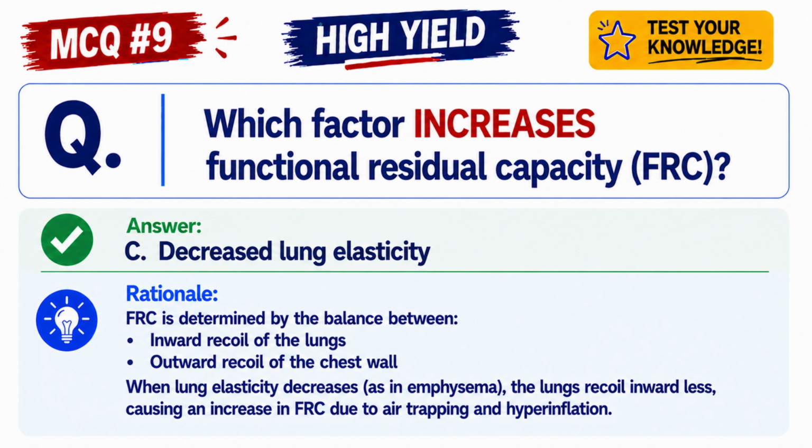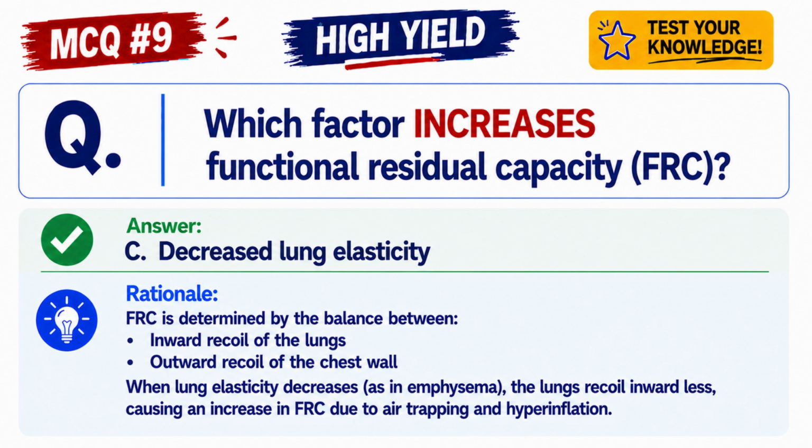The chest wall outward recoil is relatively stronger. The balance point shifts outward. FRC increases. This is the mechanism of hyperinflation in emphysema: lost elasticity, reduced inward recoil, outward equilibrium shift, increased FRC,